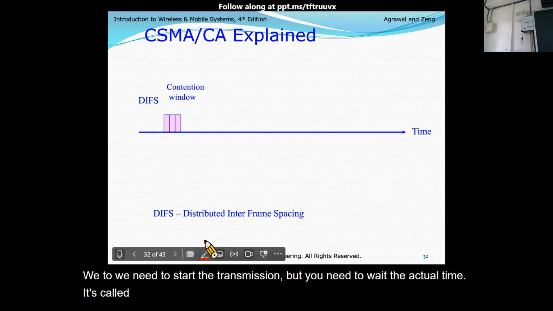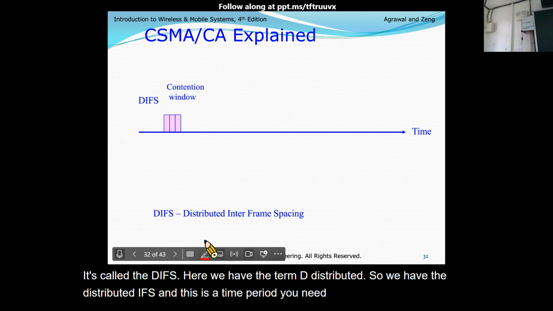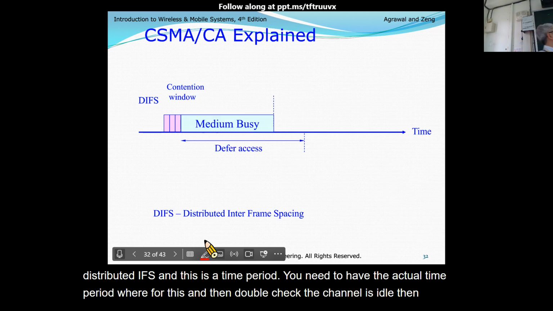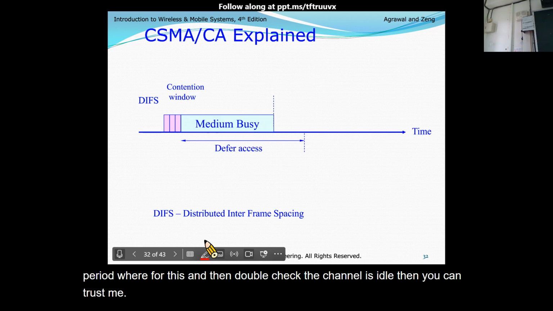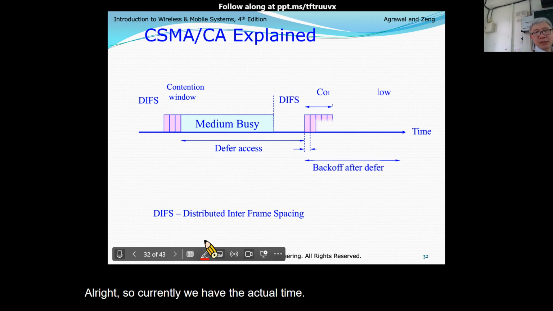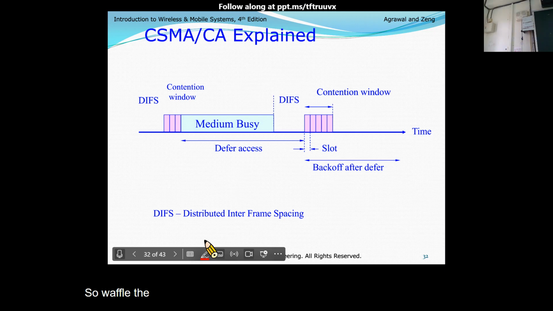Here we have the term D, distributed, so we have the distributed IFS, and this is a time period. You need to wait for this, and then double check the channel is idle, then you can transmit. So wait for the actual time, then you can have the next possible transmission.